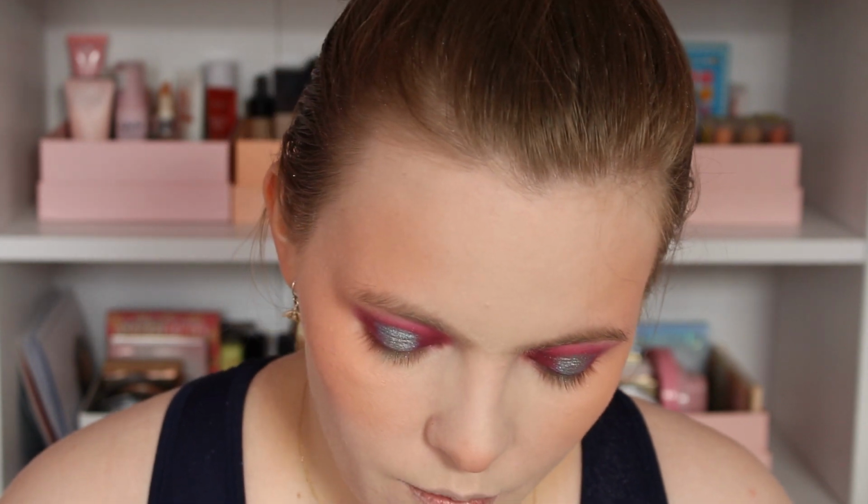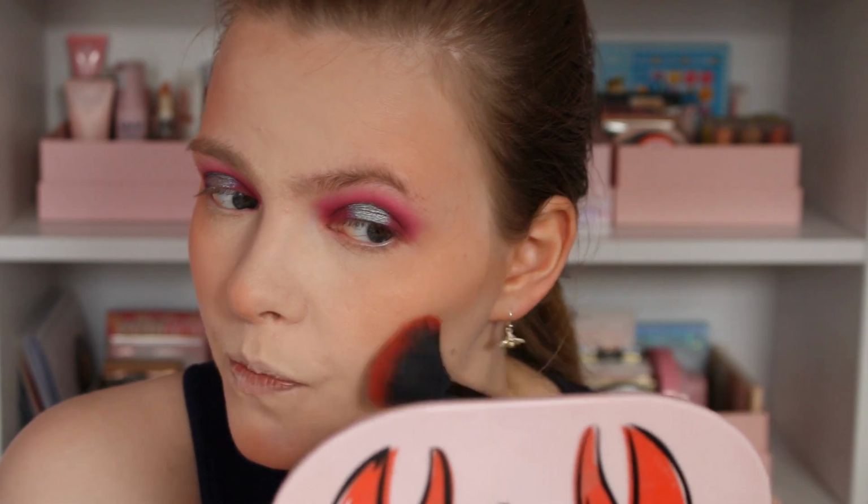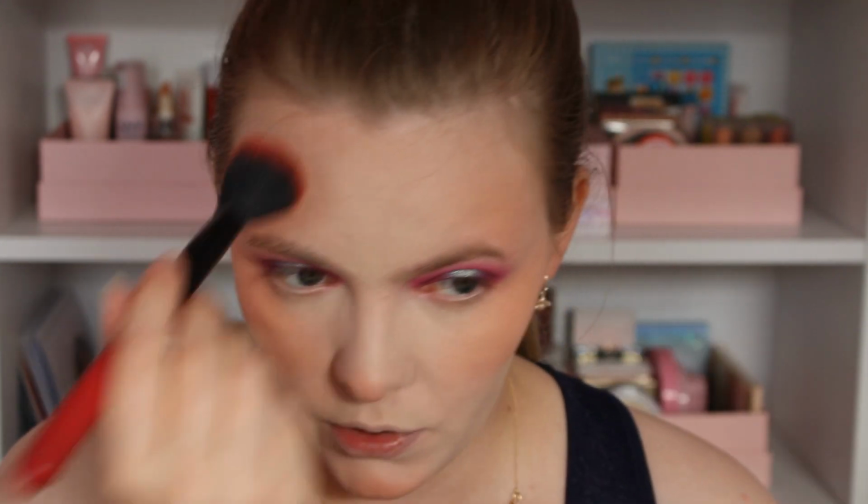The reason I'm decluttering it, A, it's old, B, I don't use the blush or the highlight at all. But the bronzer is really good, and if you think you're going to use the highlight and the blush, I do fully recommend it. I don't know if they still sell it, but when they did, this was like £3.50 for 3 shades. So when I was a poor little uni student, this was the bronzer I went for, and